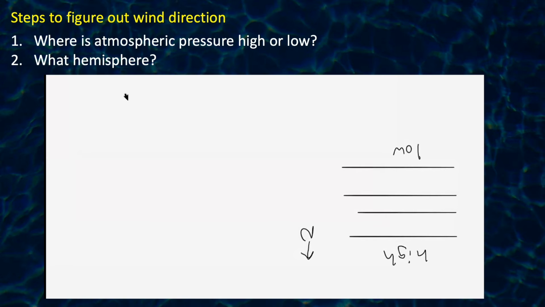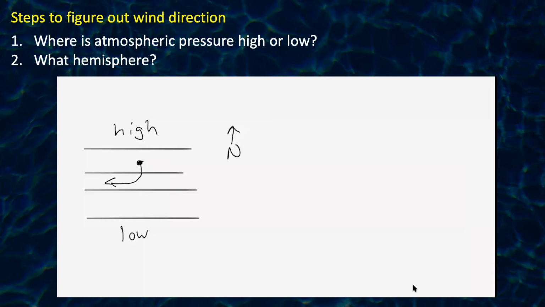And now I'll think again about my stationary wind. If it's going to start out moving as though it'll go from the high towards the low and then bend to the right until it's parallel to these lines of constant pressure. And now I can see that this wind is going to flow from the east towards the west. Again, this is step one. So step one is about figuring out the direction from a stationary situation, but really we don't ever see